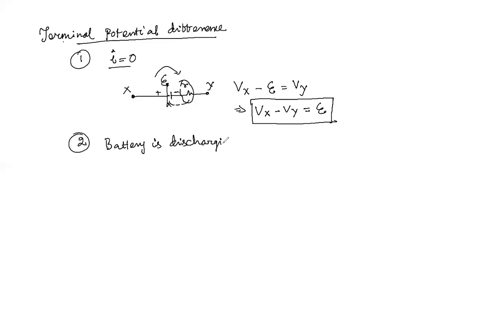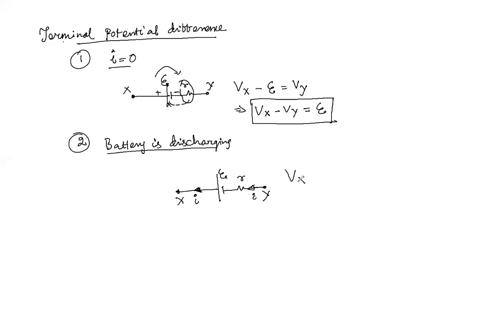So in that case, current is supplied by the battery. Battery is something that, if some amount of current is going from the battery, it should again come back to the battery, right? So it should not get lost. It should be I, and again it should enter through this path. So we are finding out the terminal potential difference.